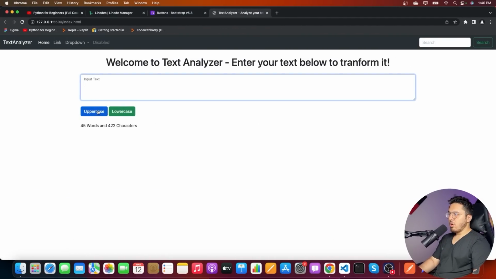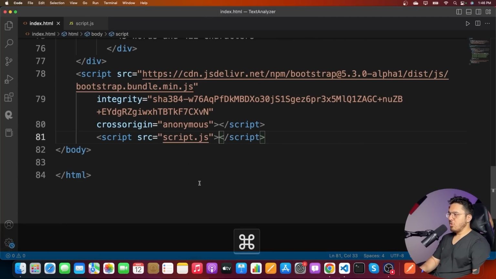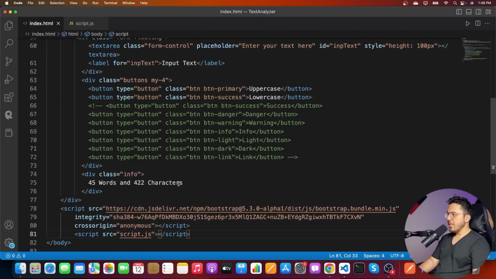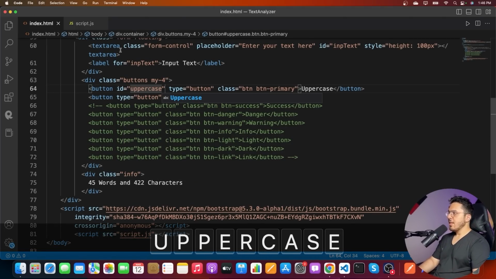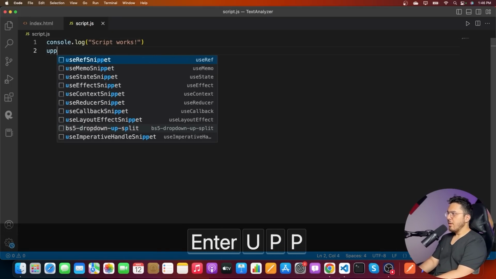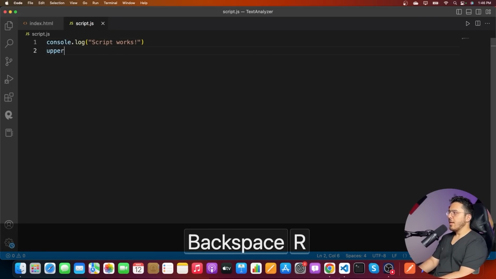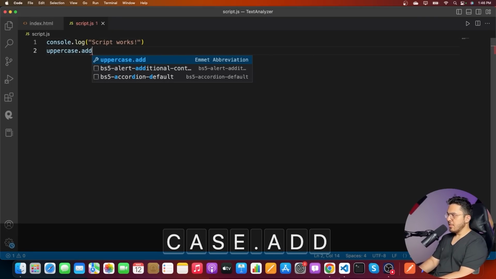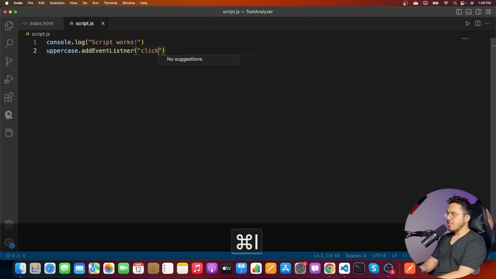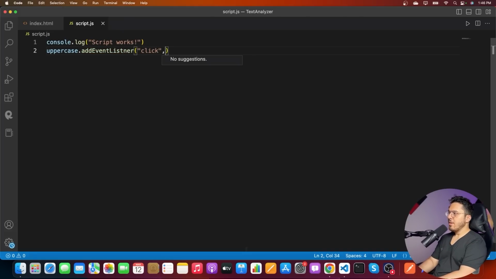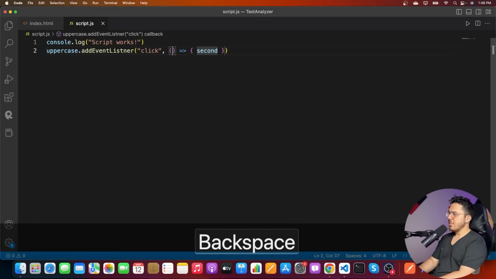Now if somebody clicks on uppercase, they should be able to change this text to all uppercase. Okay, so let me add an ID to this button. I'll say uppercase, and then when somebody clicks on uppercase, I want to add an event listener of click, and I want to say anfn. anfn is simply